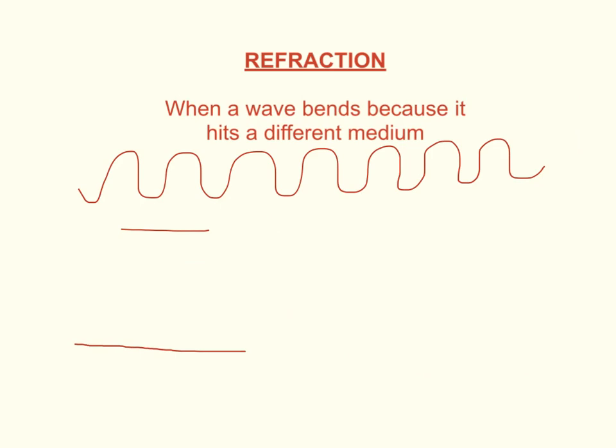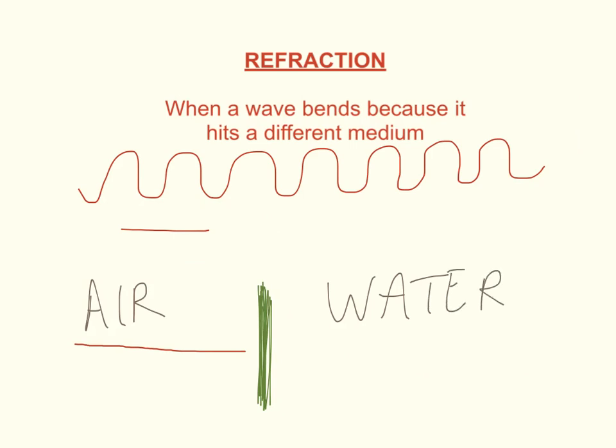And then all of a sudden it hits a different kind of medium. Like maybe we go from air and then we hit water, for example. Those are different mediums. They're different environments. Well, my wave bends a little bit when it hits that different medium. So instead of traveling this direction, it bends just a little bit because it hits a different medium. Now, an example of that is